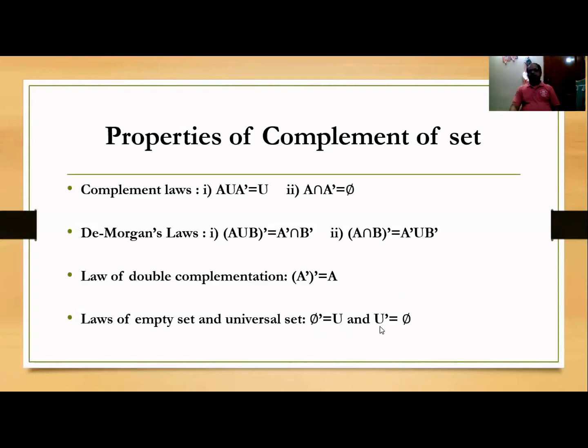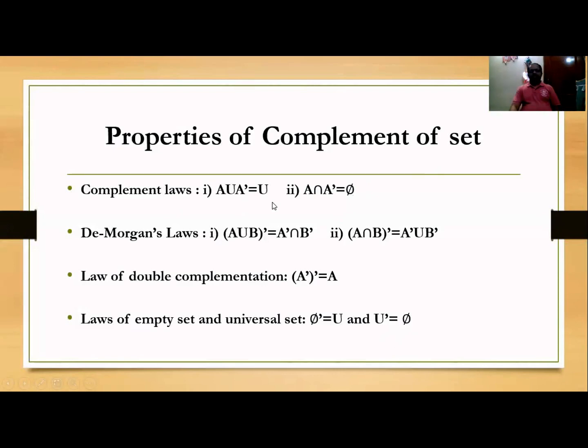And if we consider the complement of students in a class, or the complement of this universal set, meaning the set of elements which are not present in that universal set, what is there? Nothing is there. So it will be a null set phi, that is an empty set. Nothing will be there in that set, right? So these are some properties of complement law. They are laws of the complement of a set, so they are very important.